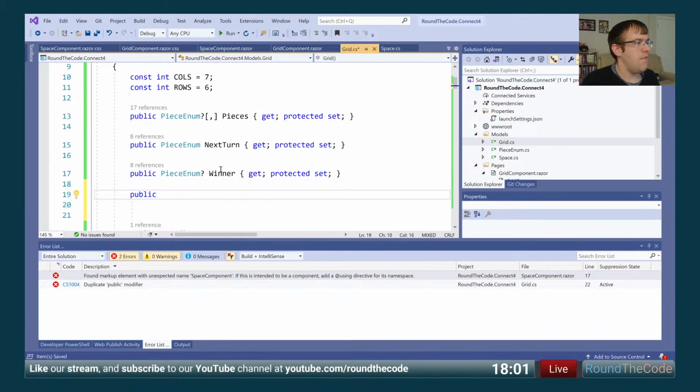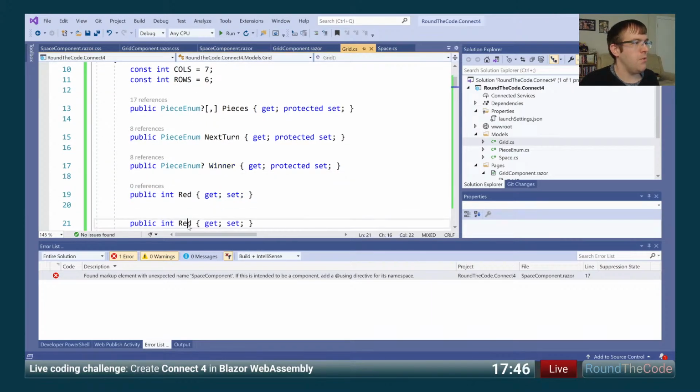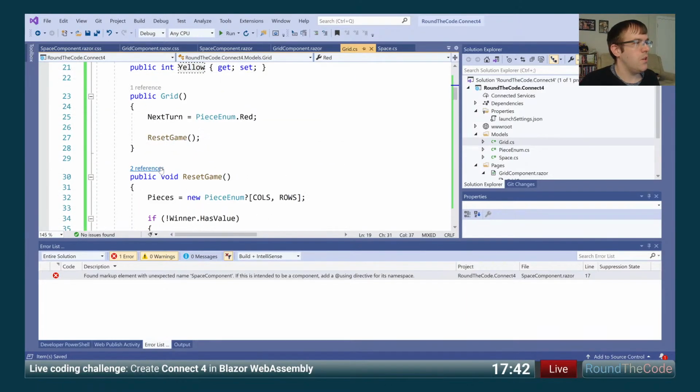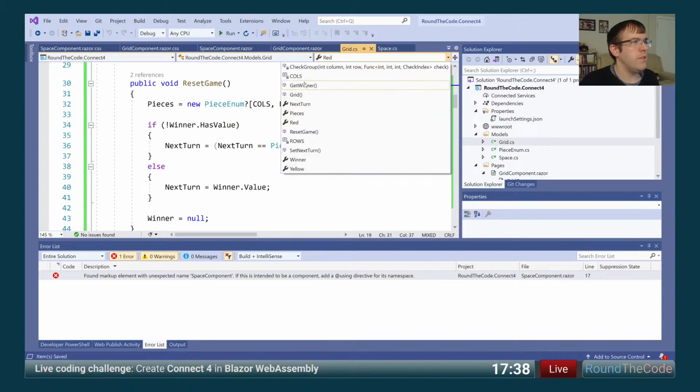What we're going to do, we'll have an integer of red. So this will represent how many times the red person has won. And this will be the yellow. So we're going to be recording that. If we go down to our get winner method,